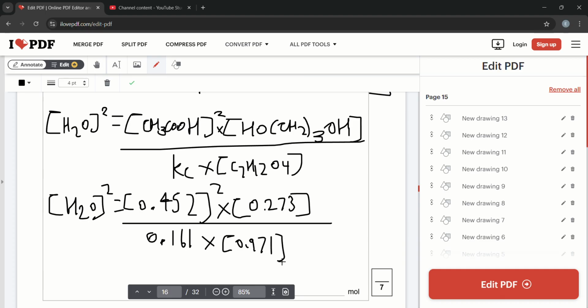So we've got 0.452 squared times 0.273 divided by 0.161 times 0.971. I get